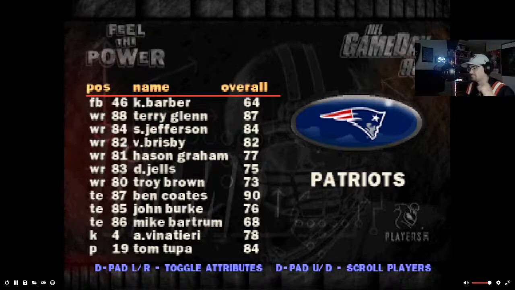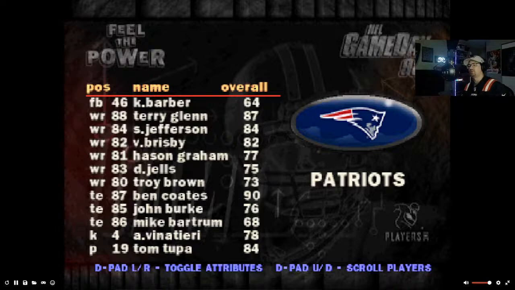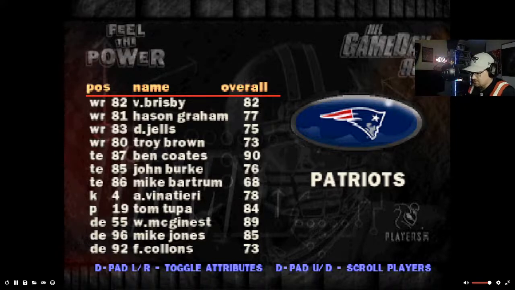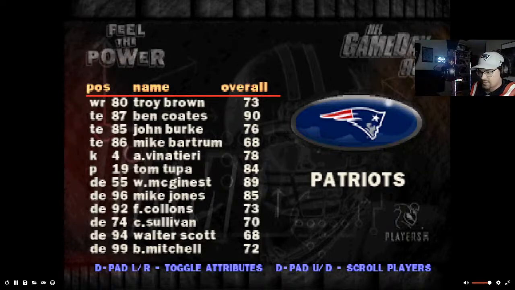He was pretty good. Terry Glenn was a wide receiver the Patriots had drafted. He did a really good job in this offense. But it is what it is, unfortunately, he never got to that next level that he should have probably gotten to. Ben Coates is on here. Ben Coates was one of the greatest tight ends in Patriot history. So if you care about Patriots history, he's there. Adam Vinatieri is on that team. We all know who Adam Vinatieri is. Hall of Fame kicker when he gets in.